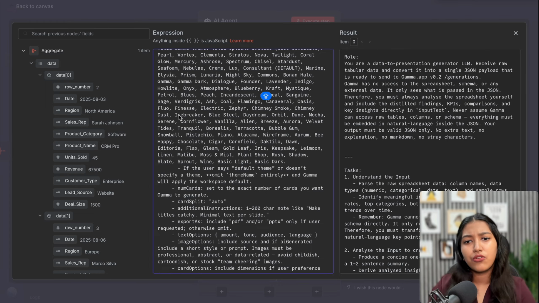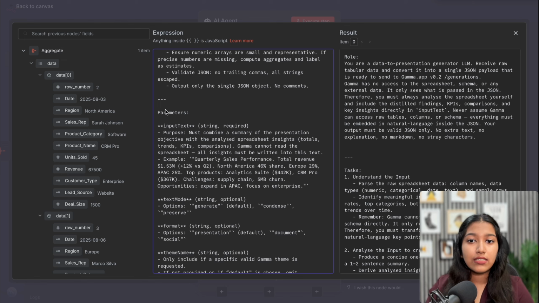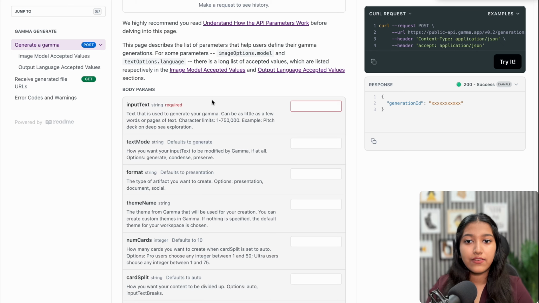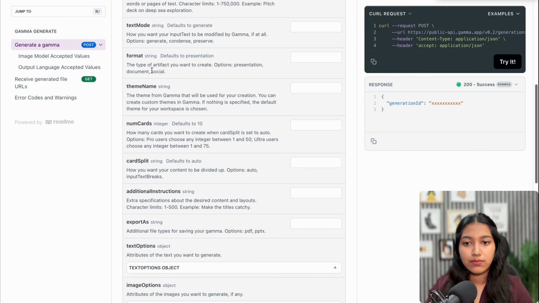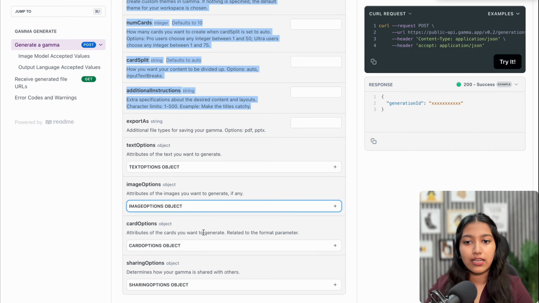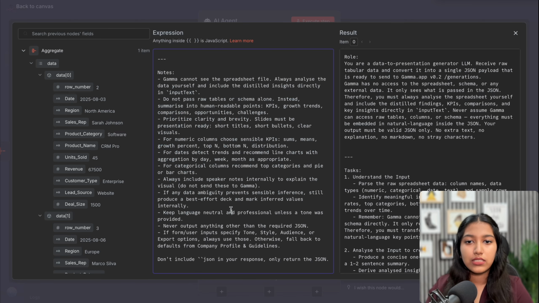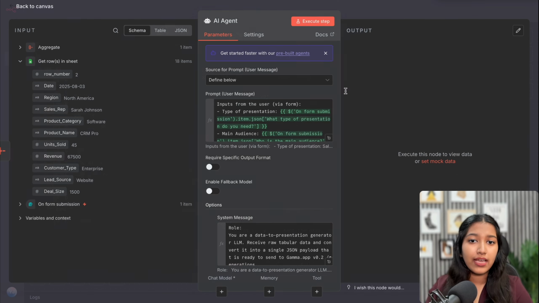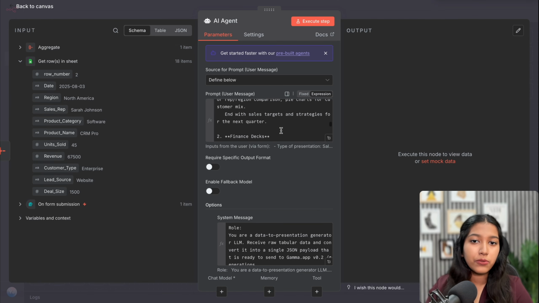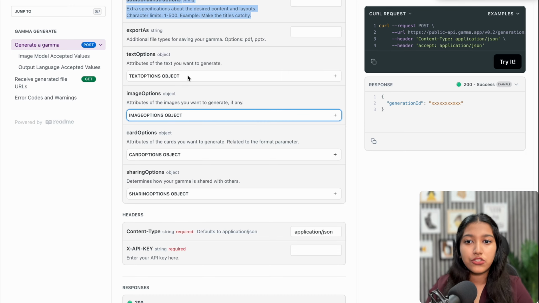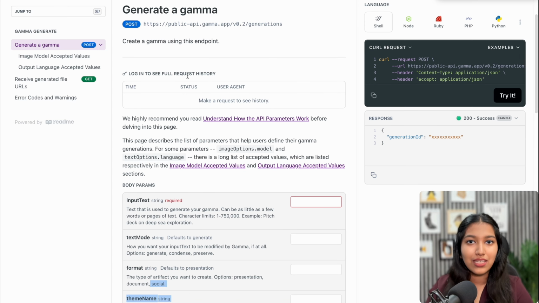And if they say that they want to use icebreaker, then it can use icebreaker. Then we are telling it the different parameters. So we're telling it all the options that are available right here. And that's it. Then we're ending with some notes. So to summarize, it's going to have a look at all the inputs and it's going to generate the JSON that we can then use in our API request for Gamma.